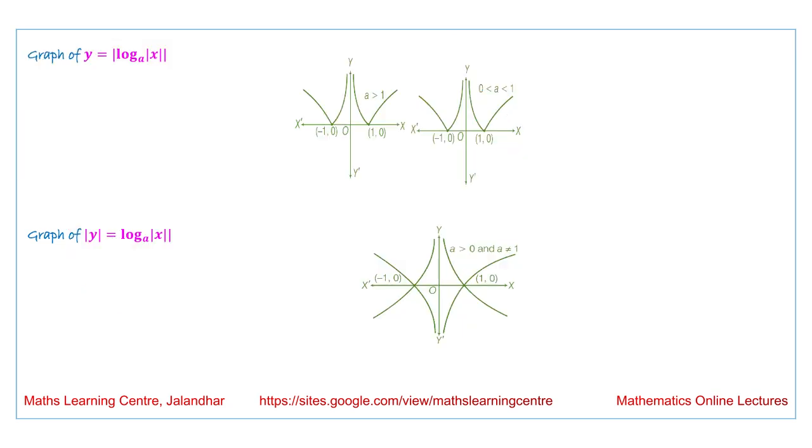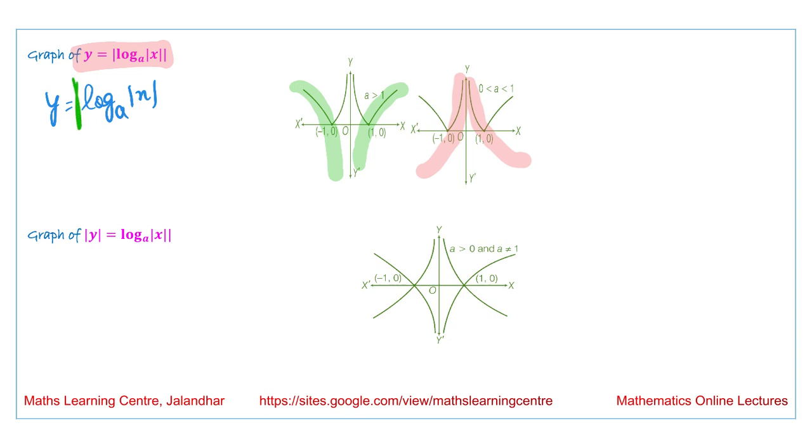Next is the graph of y is equal to mod of log of mod of x to the base a. We are talking about the function y is equal to log of mod x to the base a. We have already seen that we will have the graph in this way and the graph over here in this way, and in this second case we have the graphs in this form. Now when we are plotting the graph, if we are taking the modulus over here,